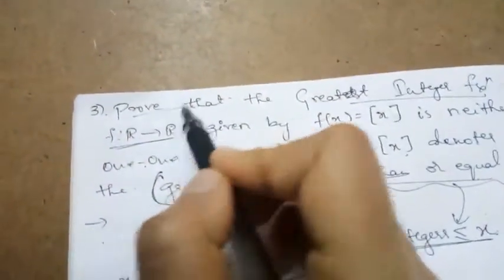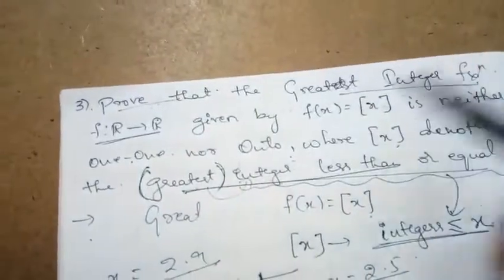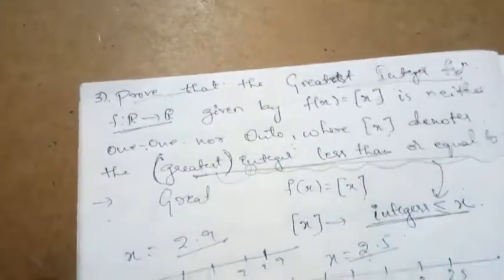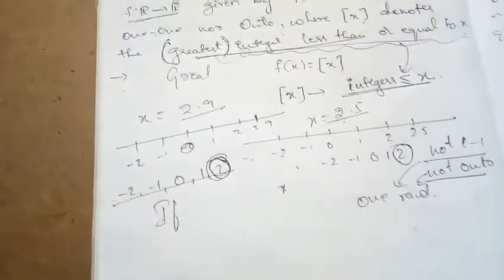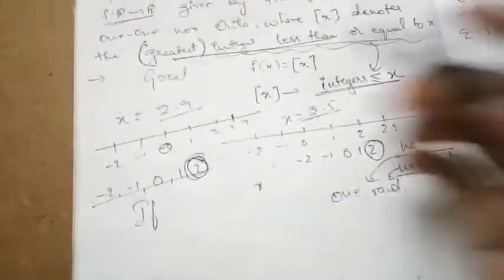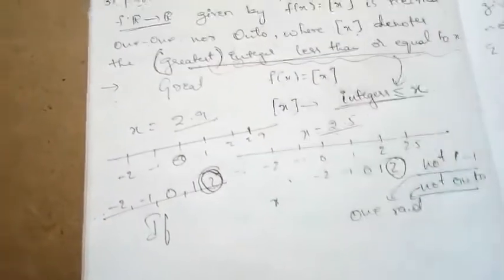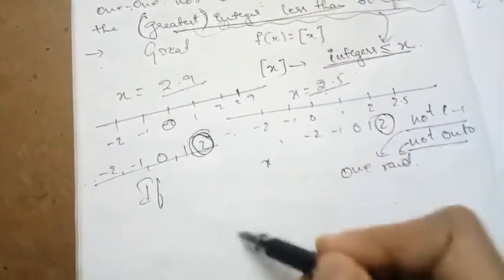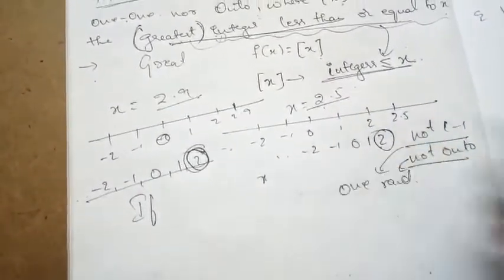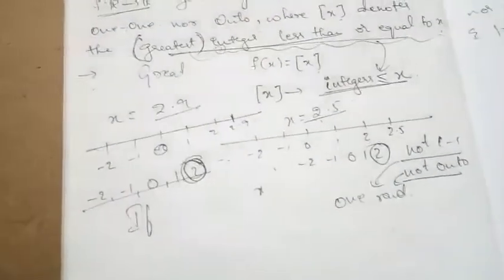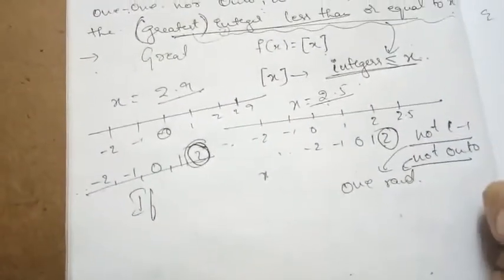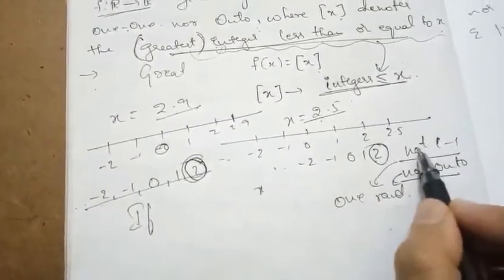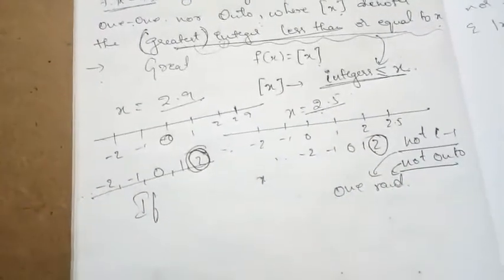Suppose they had given, check whether the greatest integer function is 1-1 or onto. At that time you need to think once, whether we have to start by writing a verbal statement or giving one random example is enough. That time you need to think in that manner. But now, since they only mentioned it, one random example is enough.